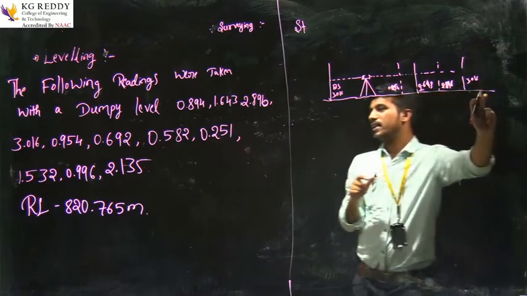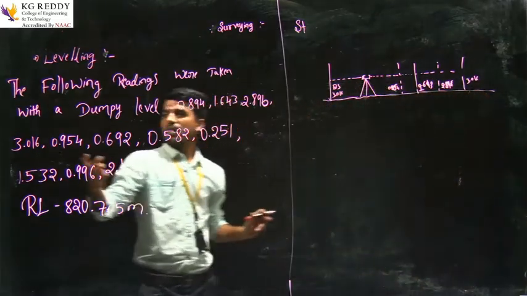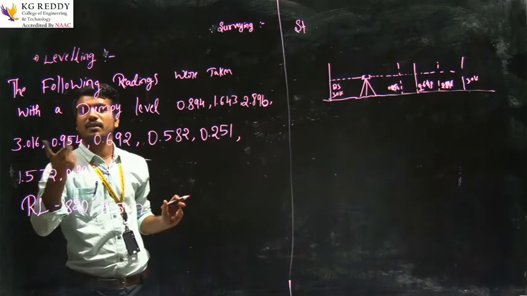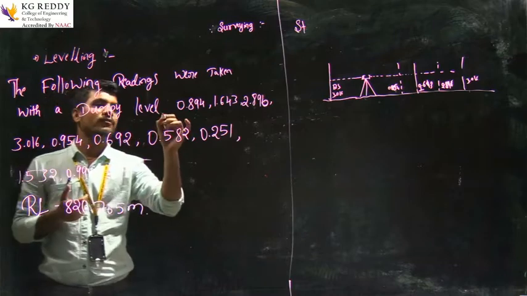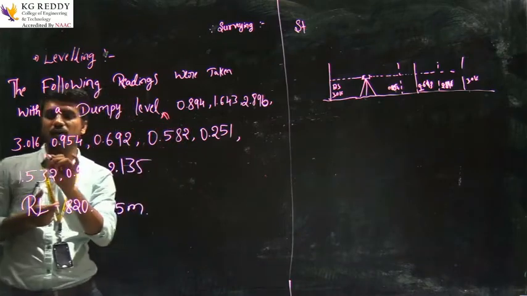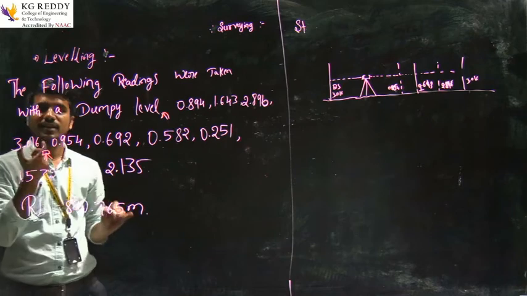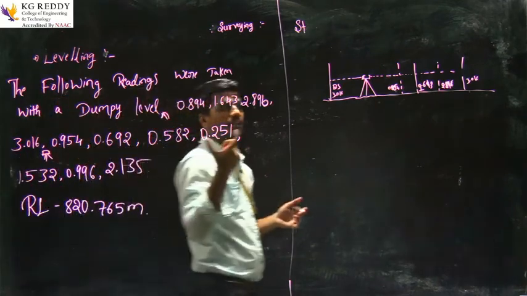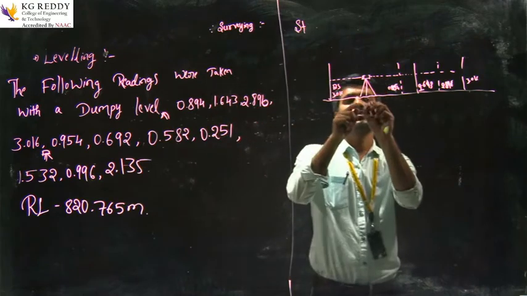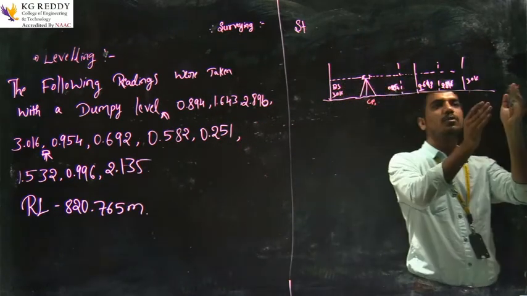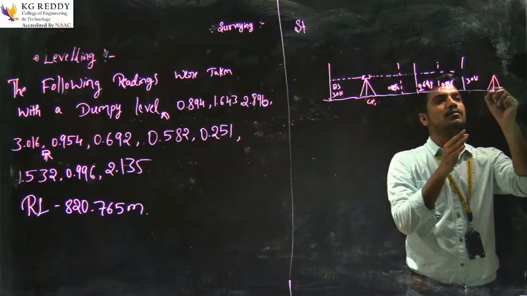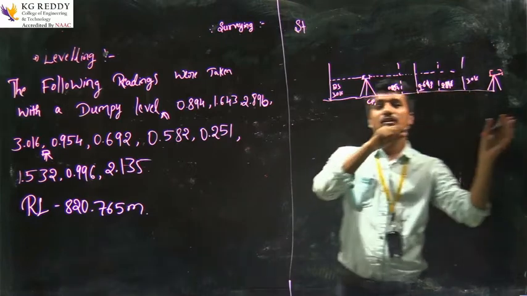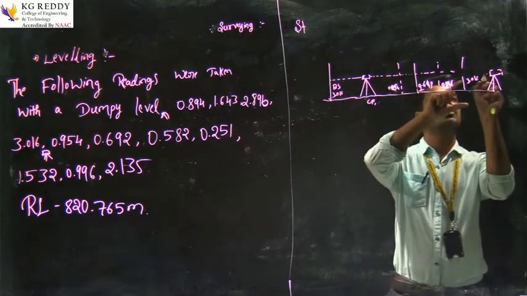After 3.016, you will observe that the next reading, 0.94, suddenly decreases in value. It means the instrument will be shifted from the first point to the fourth point, because of this sudden decrease in readings. That is the indication of a change point of the stations. Then the first CP is here, the change point, up to the last reading of the first station. After that we have to know the last elevation of that point, that is called the foresight of the first station,